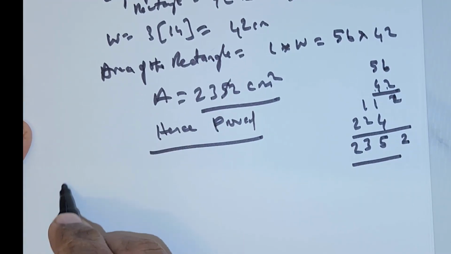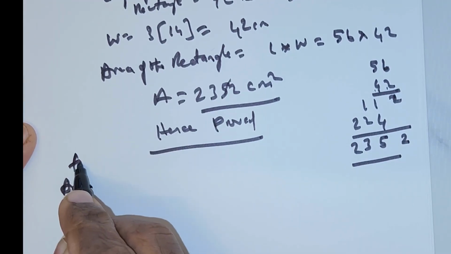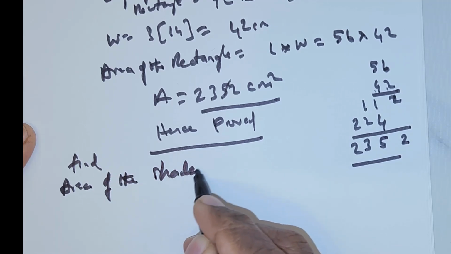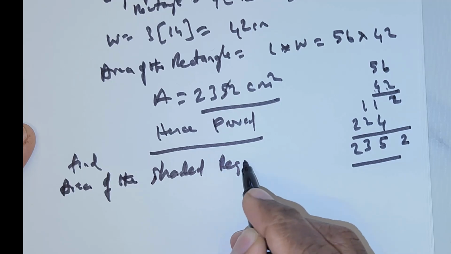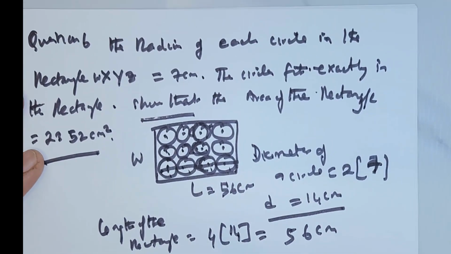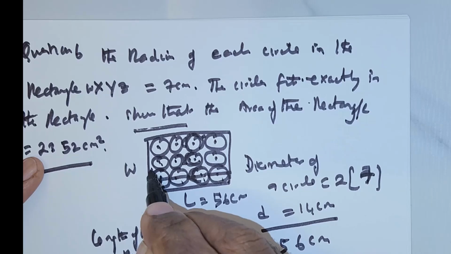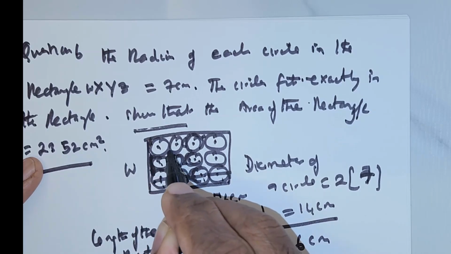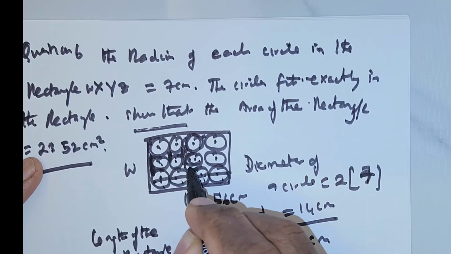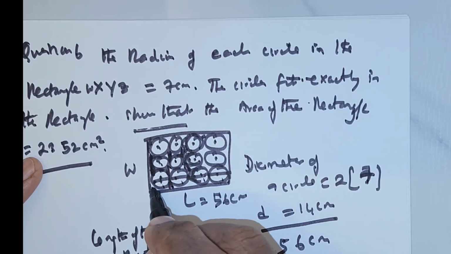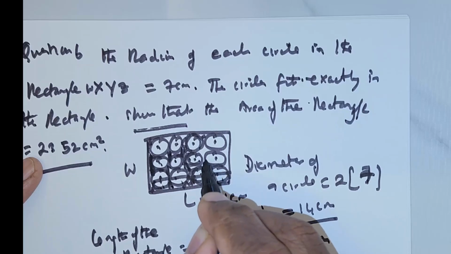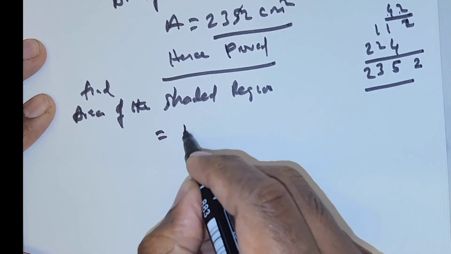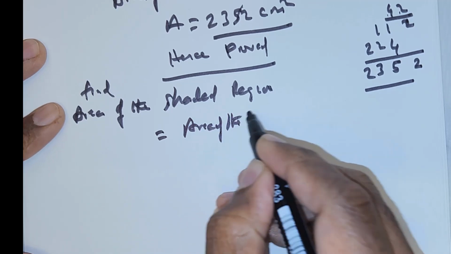Okay, this is the next question. They're asking us to find the area of the shaded region. Now go to the image. Now they are asking to get this area. You see, these are the gaps here, right? Now we need to get the area of these gaps. These are all shaded. So for that, the area of the shaded region is nothing but from the area of the rectangle,